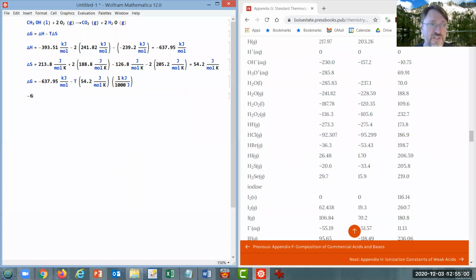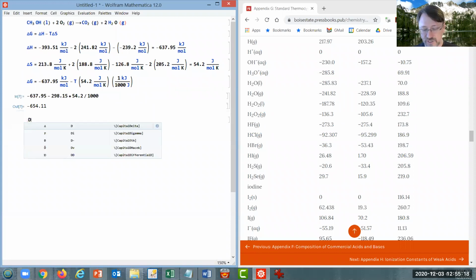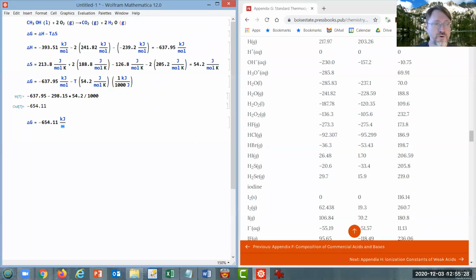And so minus 637.95 minus 298.15 times 54.2 divided by 1,000. And we find that we have a delta G of reaction equals minus 654.11 kilojoules per mole. We can then, if we want to, determine what our equilibrium constant for this reaction is. Remember what we covered at the beginning of this class. K equals E to the minus